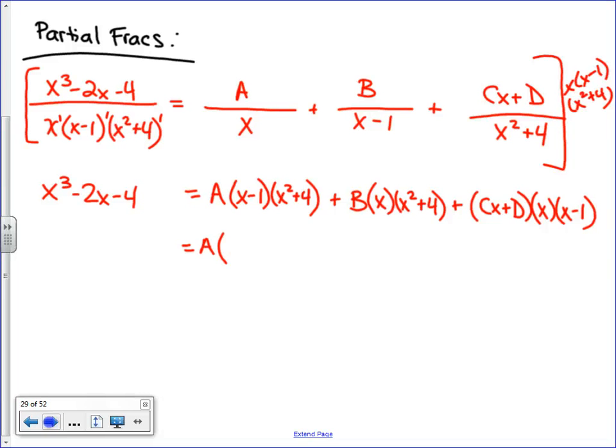So I'm going to have x cubed, I'm trying to go in order. x cubed minus x squared plus 4x minus 4 is going to be first one, plus b times x cubed plus 4x plus